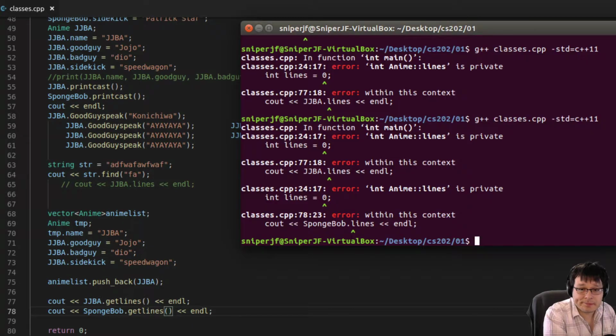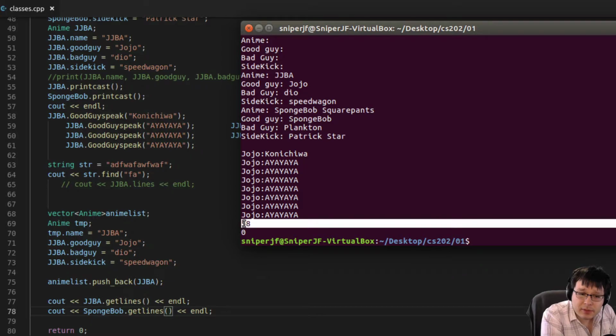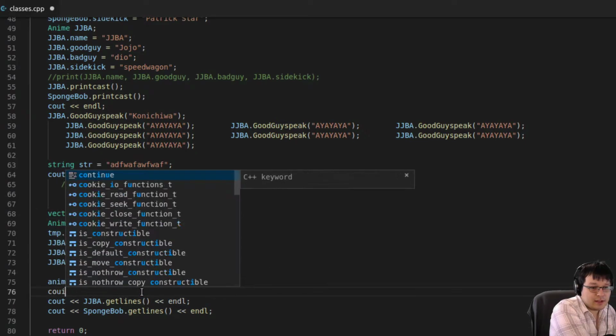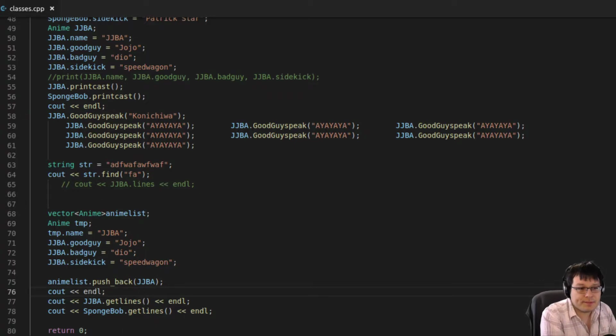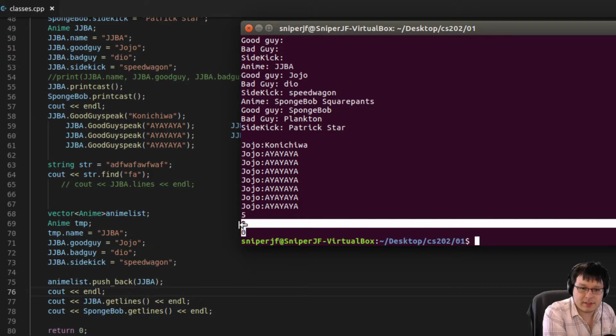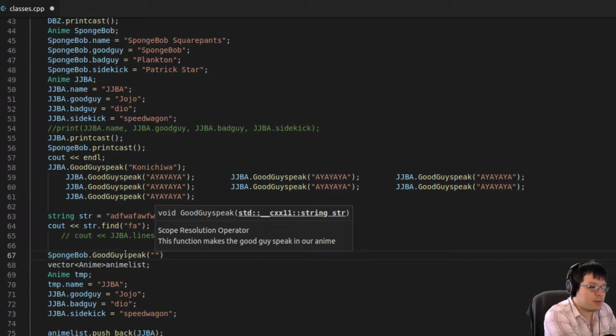And then it compiles, you run it, and wow, why is that 58? That's a really big number. I don't think we have 50. Oh, I see. It's probably the 5 is coming from somewhere else, and then there's no line feed, so it's probably just concatenated, but it's separate. I think that's probably why. Yeah, see, the 5 is something else. So it's 8 and 0, so there's no lines. But if we put a line for SpongeBob dot good guy speaks, which would be SpongeBob,